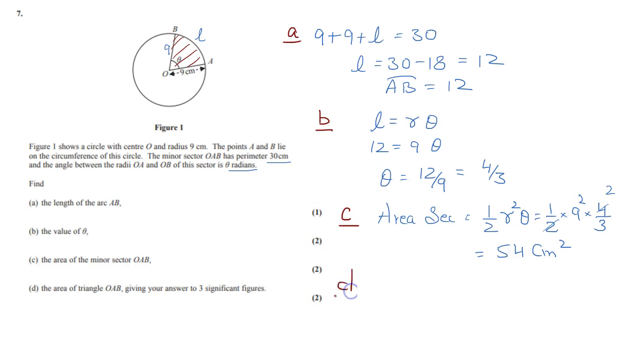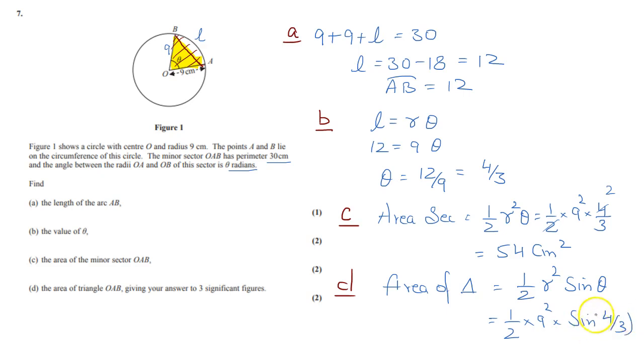Then part D. Find the area of triangle OAB. Now this is the area of triangle. This is the triangle. Roughly this one. Not this portion. So we know that area of triangle is half r square sine theta. Hope you remember that is the difference in these two. So that is half 9 square sine 4 over 3. Make sure you use radian mode when you write this. So that is equal to, 3 significant figure, you check it. So this is 39.4